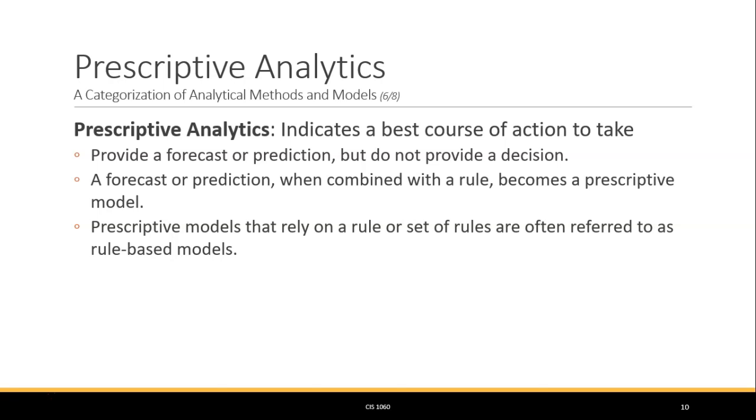A good example of this is if people want to make a product with their given resources. So let's say that they have a limited supply of raw materials, and they want to use this raw material to maximize their production. And they can make one of 3 different products, but each product has a different profit margin. So a prescriptive analytics tool will be able to tell them which product to build based on current demand